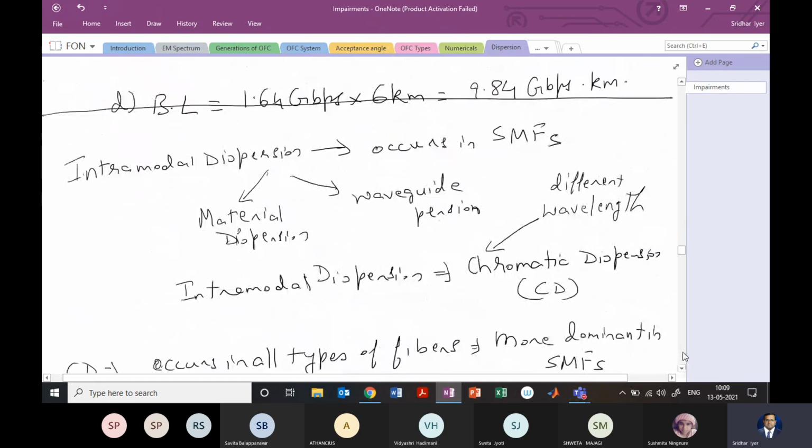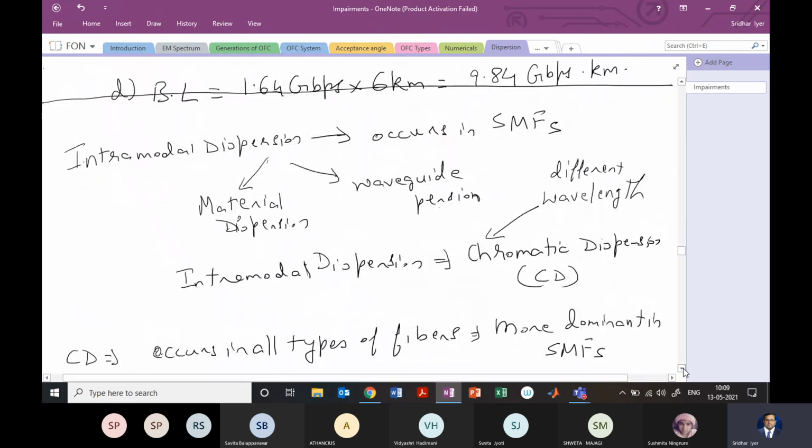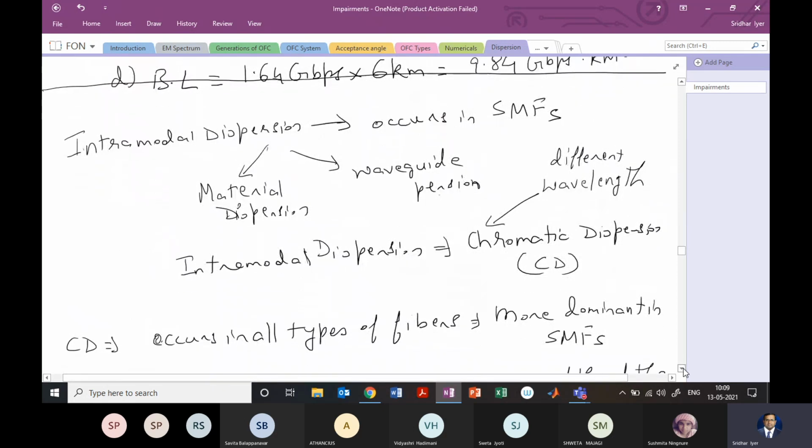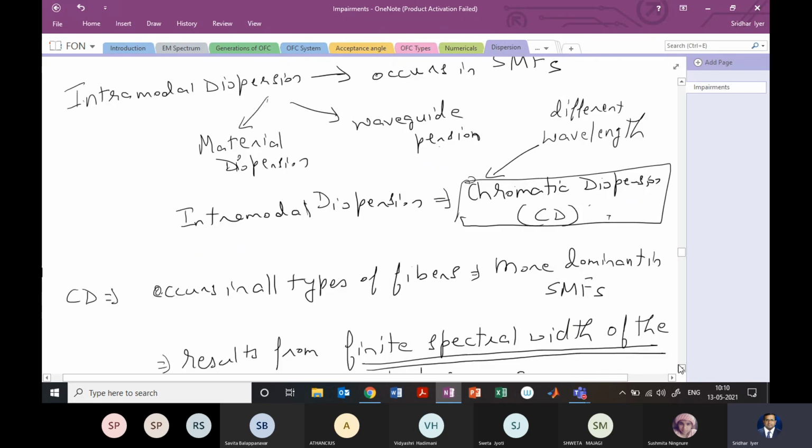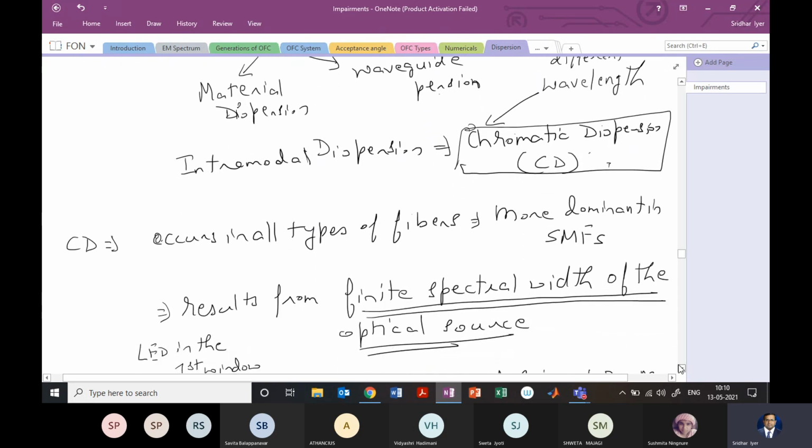For the intramodal dispersion, yesterday we looked at the material dispersion and the waveguide dispersion. The intramodal dispersion is more popularly known as the chromatic dispersion, the reason being that it is a function of the wavelength. And we have seen that the source, be it the LED or the laser, is going to operate at different wavelengths rather than a single wavelength, right? So there is going to be some broadening by the source itself. Ideally, we expect this source to be operating only at one wavelength, but because of the property of the source, which we will see in module 3, it operates over a range of wavelengths.